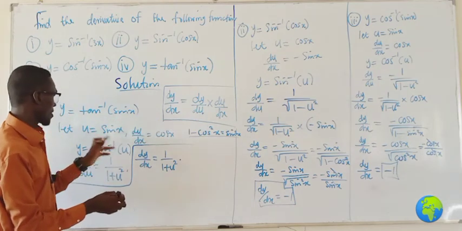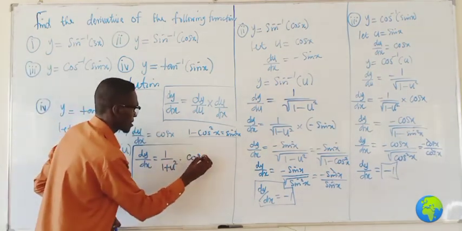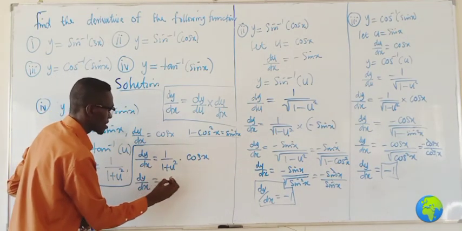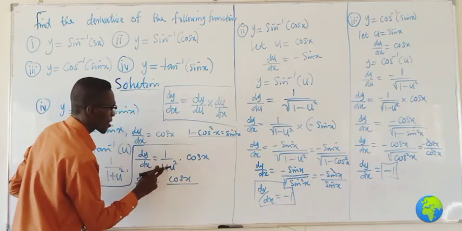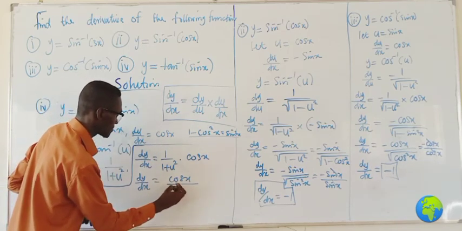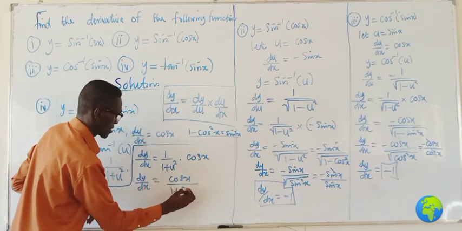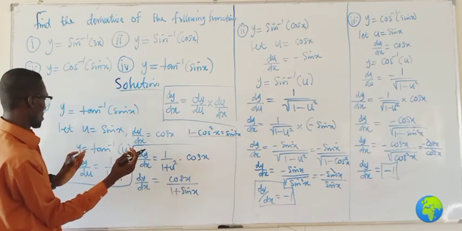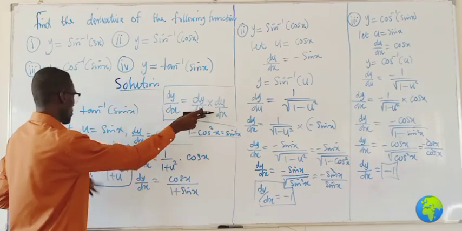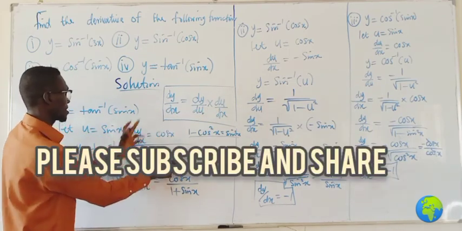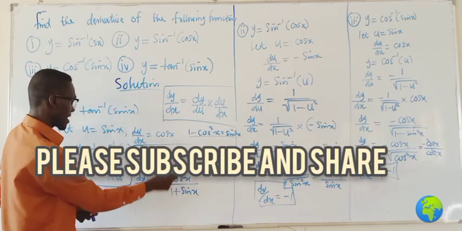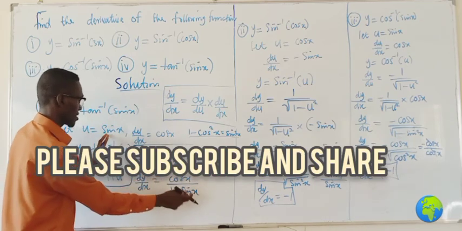What is du/dx? Our du/dx was cos x, right? So our dy/dx is going to be cos x over 1 plus u square. u was sine x. So I'm having 1 plus sine x, isn't it? Let's check it out. Maybe there's an error. We have dy/dx to be dy/du, which is this, times our du/dx. Our du/dx was cos x. Then dy/dx is cos x over 1 plus u square, which is sine, which is, this is supposed